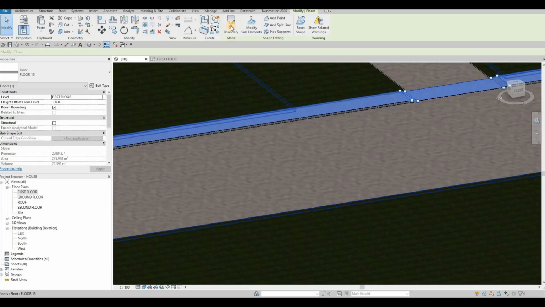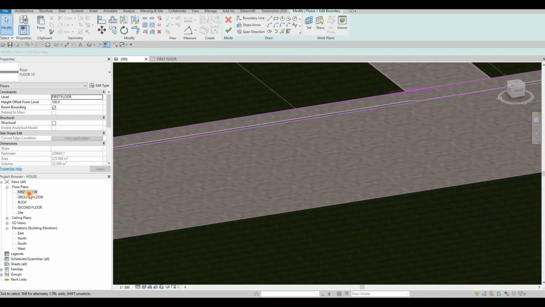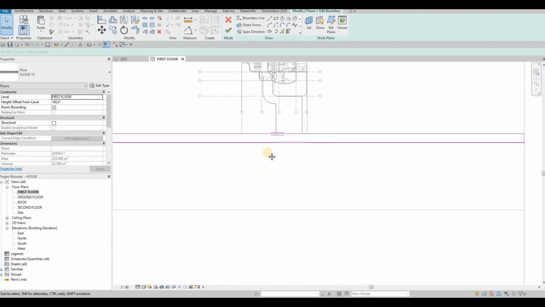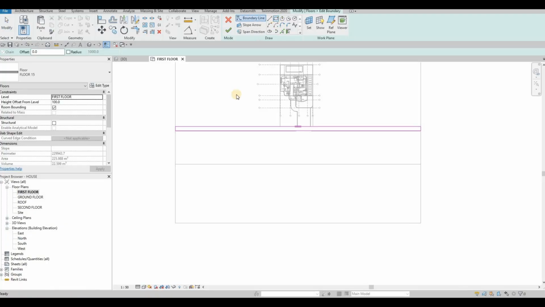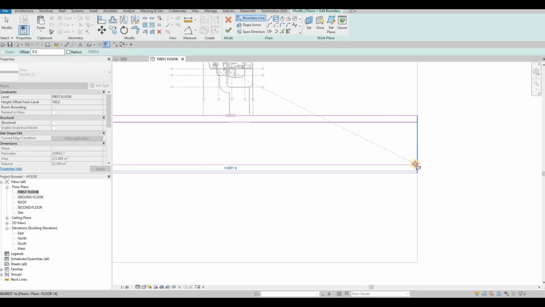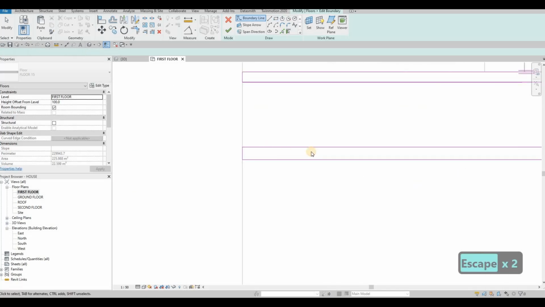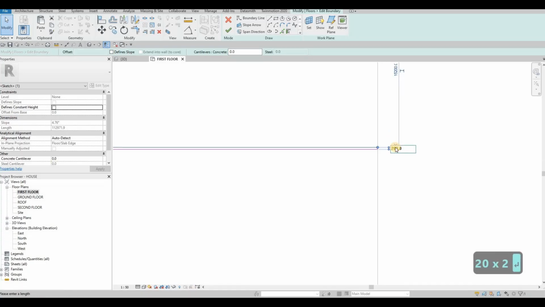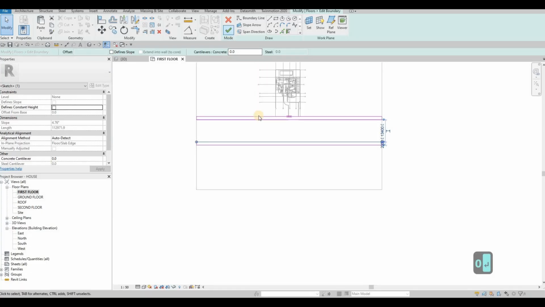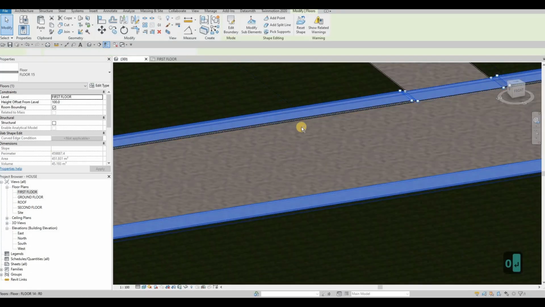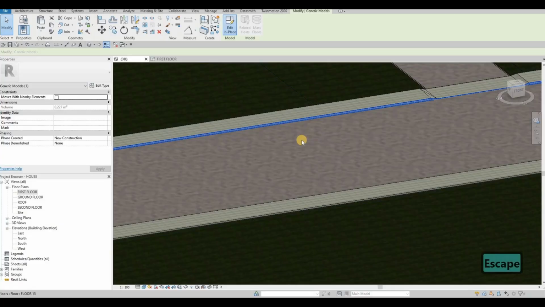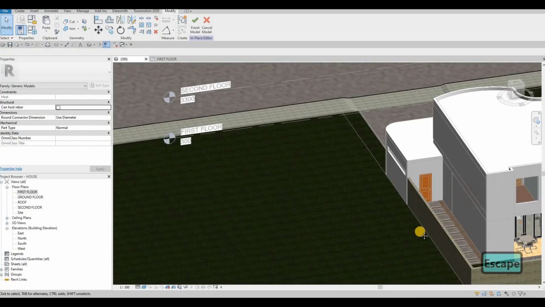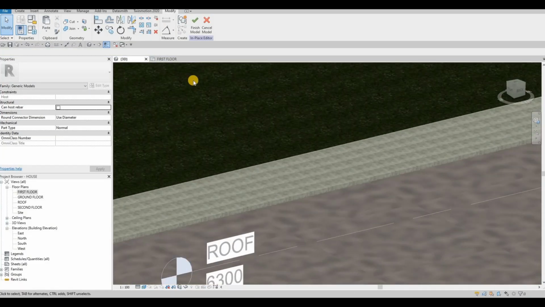I'm going to edit boundary, and I'm going to just go to first floor to add it on the other side. I know this part is not gonna be shown, but it's better to do it to be consistent with what you have on the other side. Click finish on that, go to 3D, and then edit this in place, and then after that flip it to the other side,